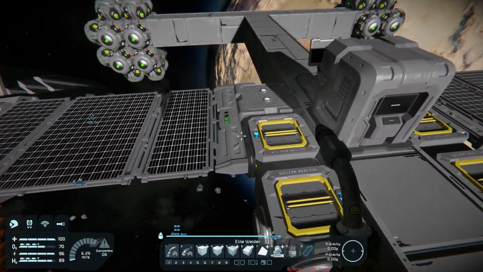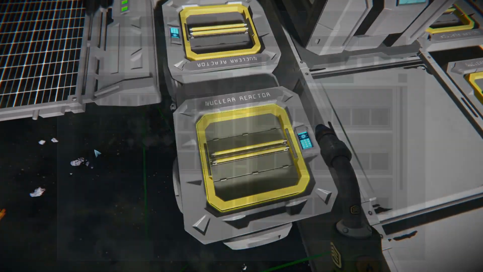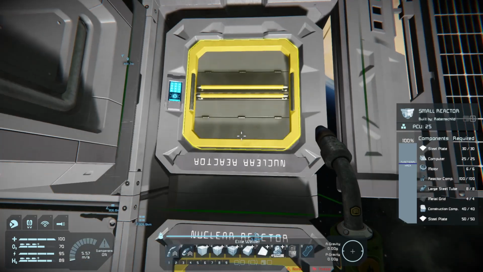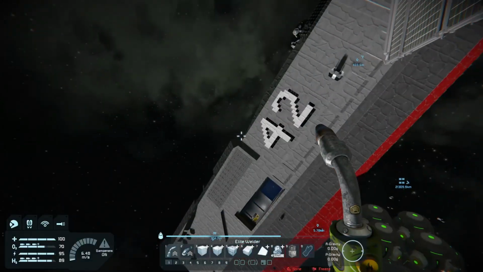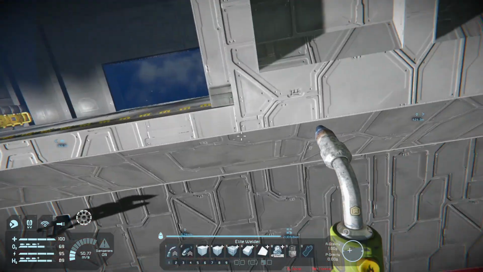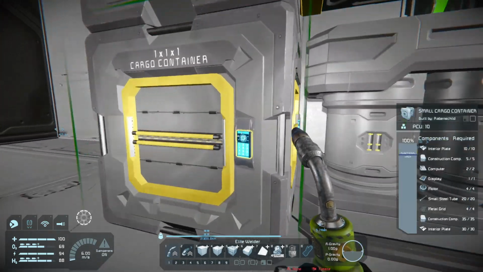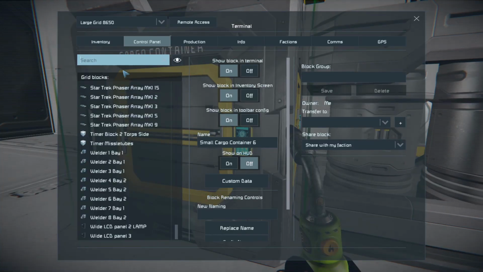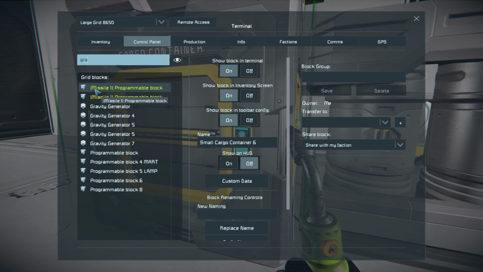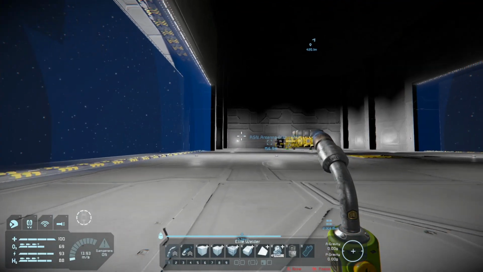Then I will place a merge block. And I'm not sure, again, if this whole thing has any real value. It could be that it doesn't really work. Let me turn off the gravity in here. Just messed with the settings for this. Turn that off. This whole thing works because,